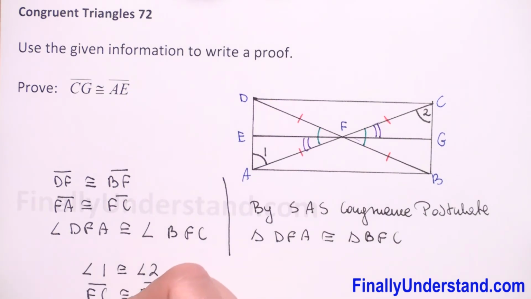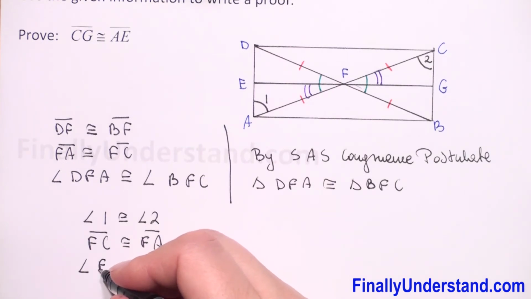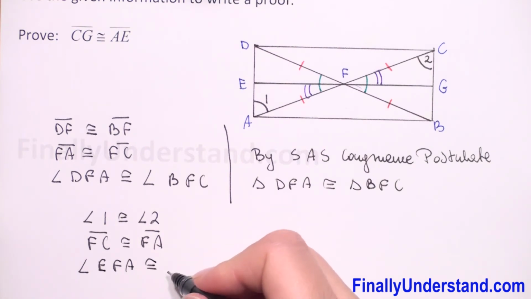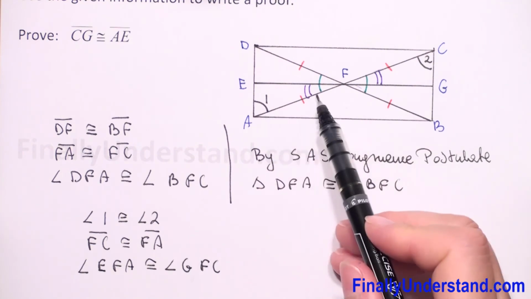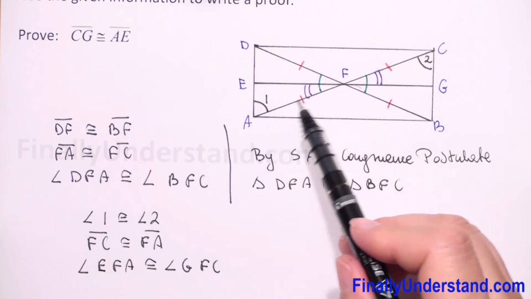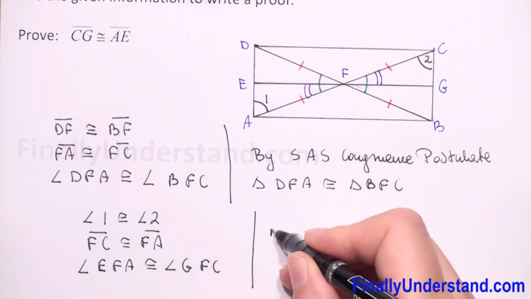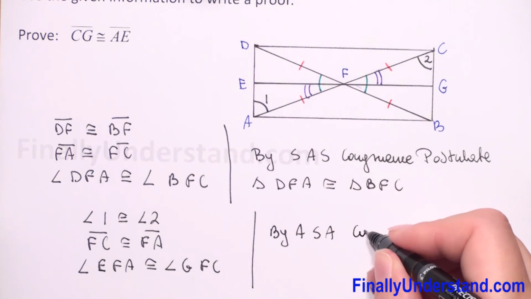So let me write this, that angle EFA is congruent to angle GFC. Now we have that these two angles are congruent and the sides between these two angles are congruent, so we can write that by the angle side angle congruence postulate,